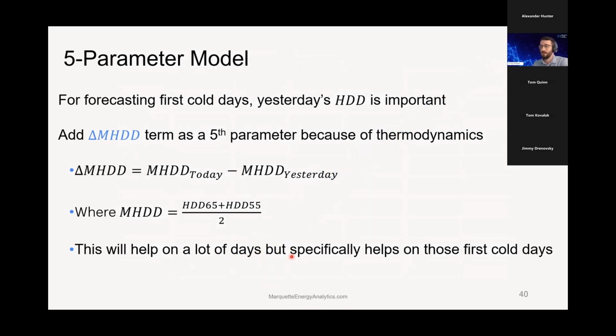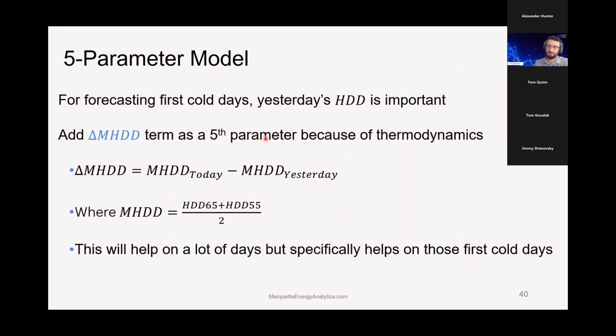So essentially, what we're doing is we're taking the mean or the average of our HDD 65 and HDD 55, and we're saying, well, today's average heating degree day minus yesterday's heating degree day. So we're adding this additional bit of information to our model. So our model knows how much warmer or colder today is than yesterday. And essentially, this is going to allow us to subtract out some of our forecast because yesterday's heating degree days